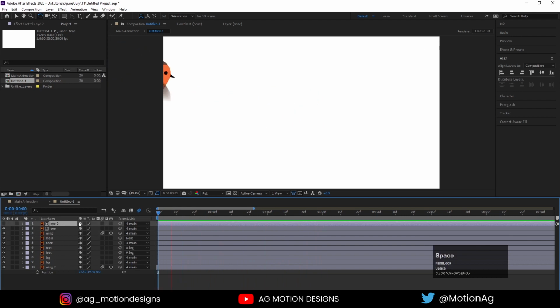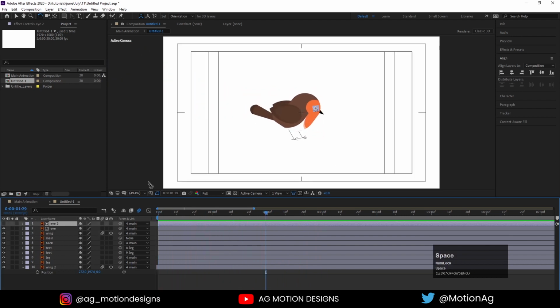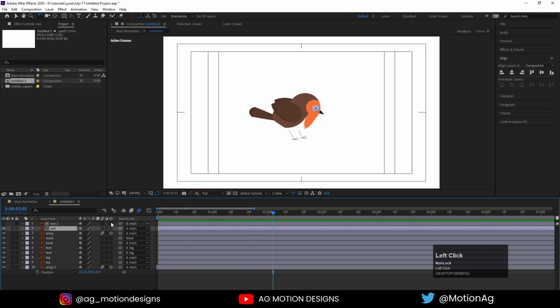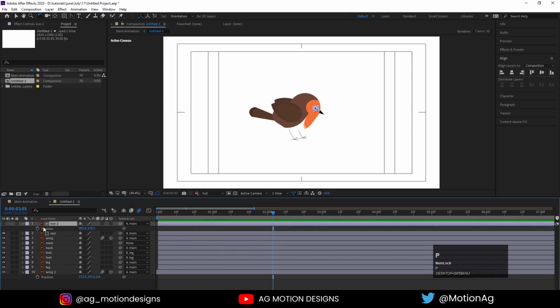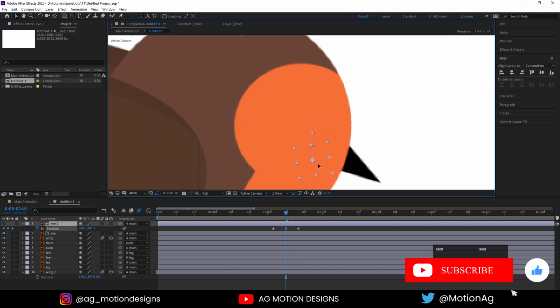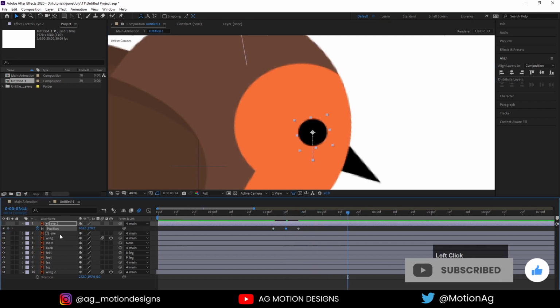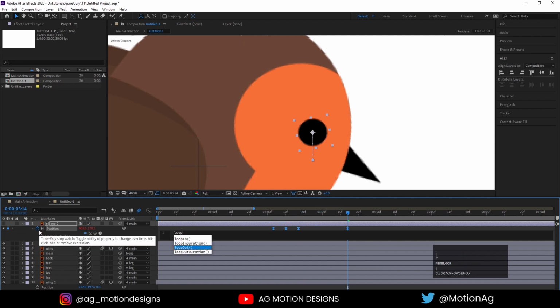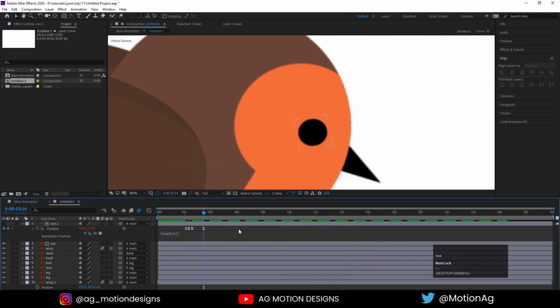Now we need to also animate the eyes of this bird. So for that, select this keyframe of position, create one keyframe, again create one keyframe in the middle one. I'll zoom in a little bit, press V and drag this down. And after this again create one keyframe, select these keyframes, hit F9, alt click on the stopwatch and type loop out expression, and